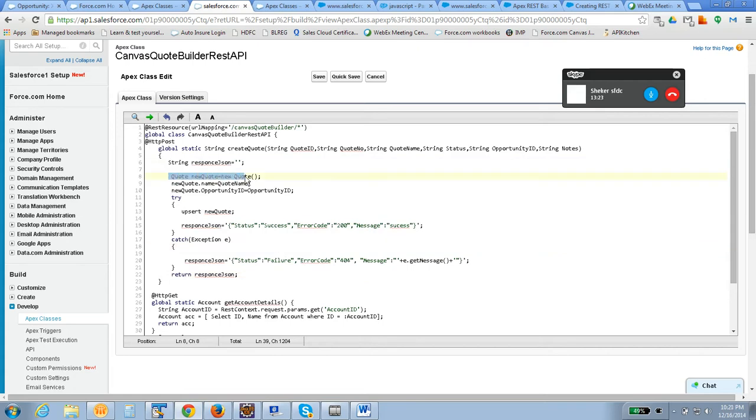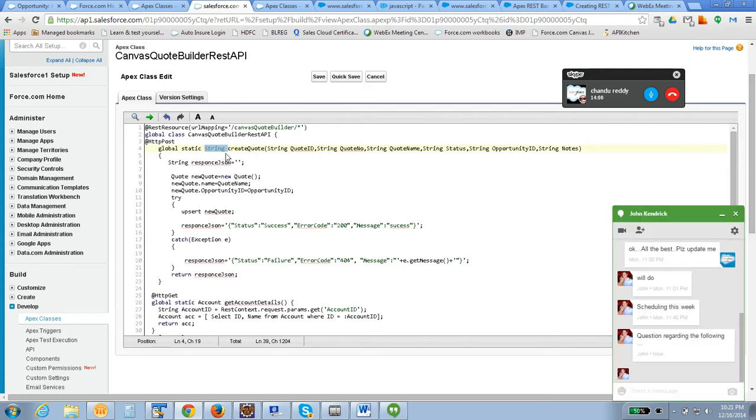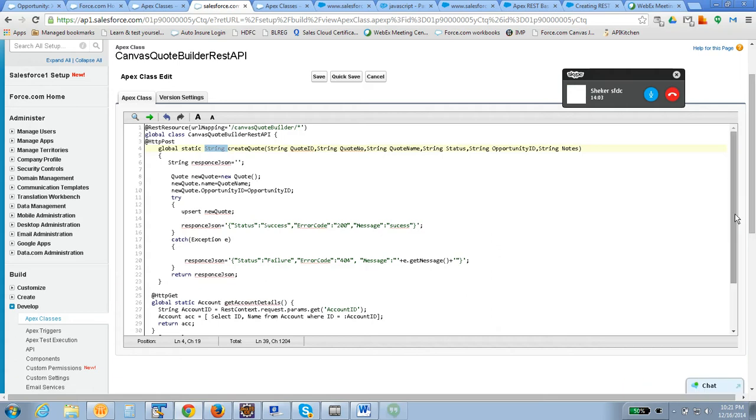Currently I wrote code to create one quote, binding it to that particular opportunity, where a user is trying to send both the quote ID, quote number, some blah blah parameters. I am going to create it into that particular quote. Once the quote has been created, you can send a response back to the caller. The response may be any kind of data type, either a string, a double value, a boolean, or a class. You can send a class object also. Clear?